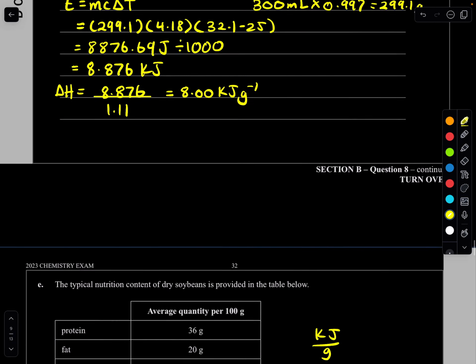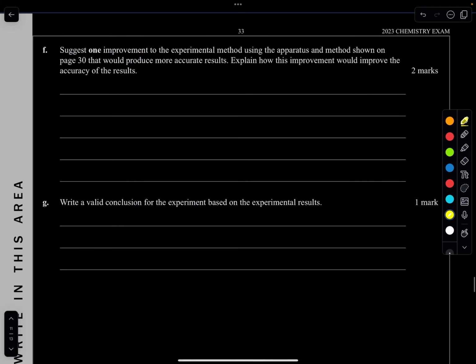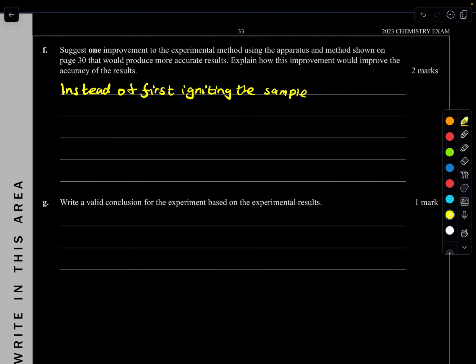All right, so write that down. Basically switch those up, for 2 marks. So what they could have done is, instead of first igniting the sample and then suspending the water can, an improvement that can be made